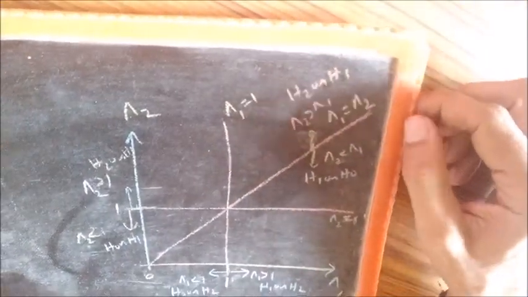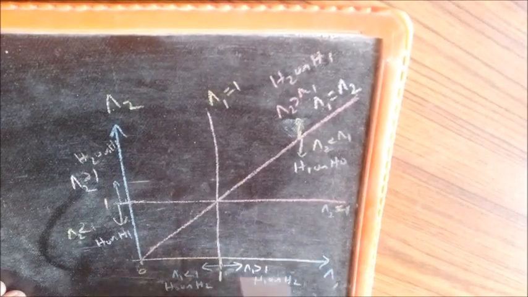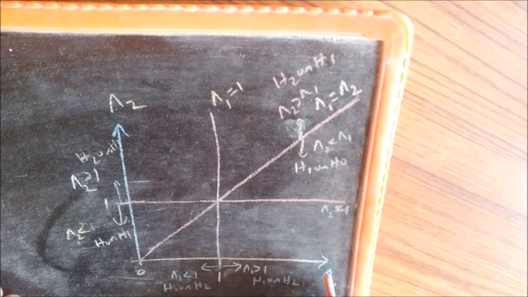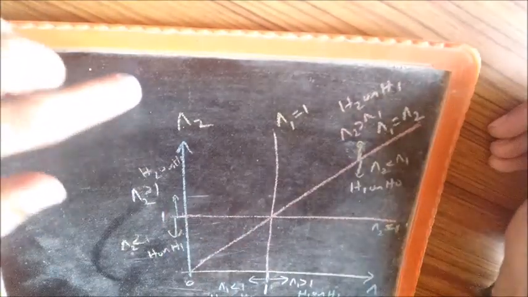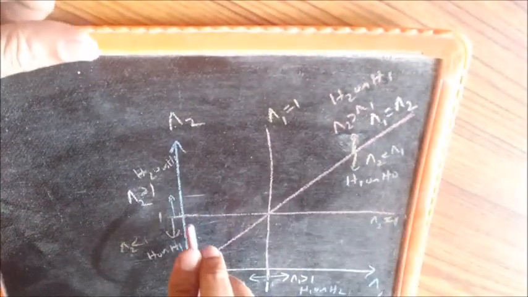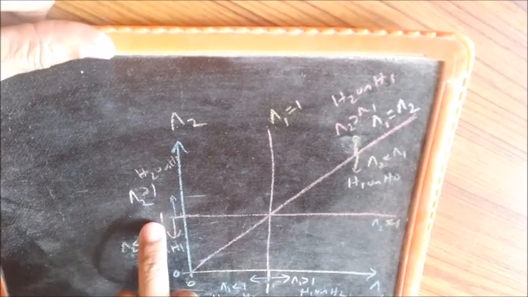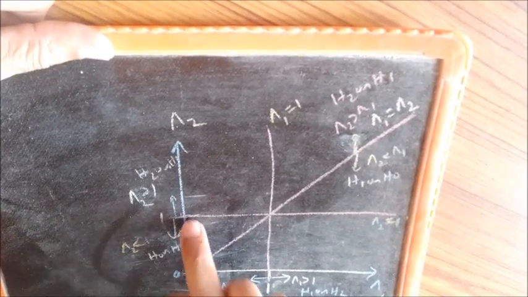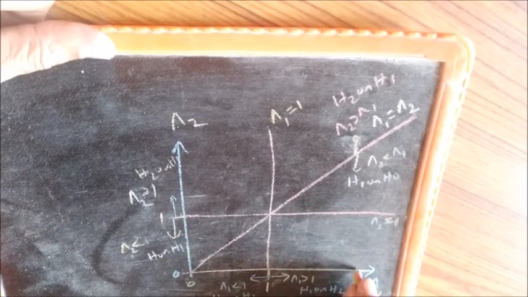So this is that figure. This is the lambda 1 axis, capital lambda 1 axis, that is the likelihood ratio or the first likelihood ratio, and this is the lambda 2 axis, the second likelihood ratio. And on this line, this is 0, this is 1, again 0 here and 1 here, that is lambda 2 is 1, lambda 1 is 1 here, 2 will be somewhere here, 3 will be somewhere here, and so on and so forth.